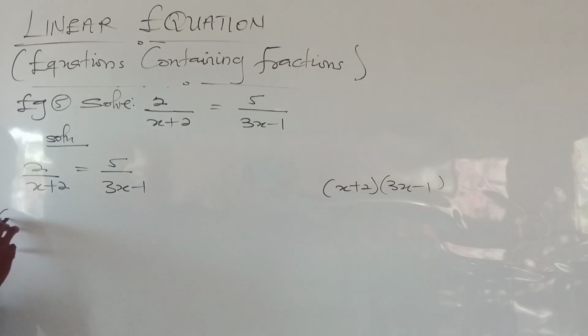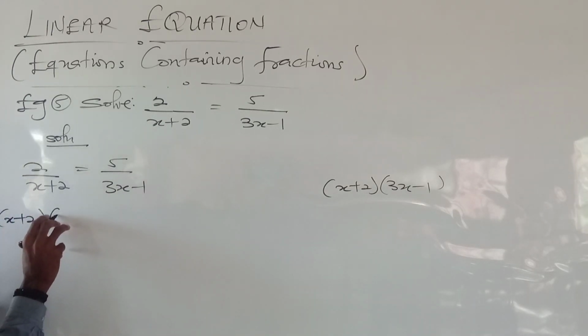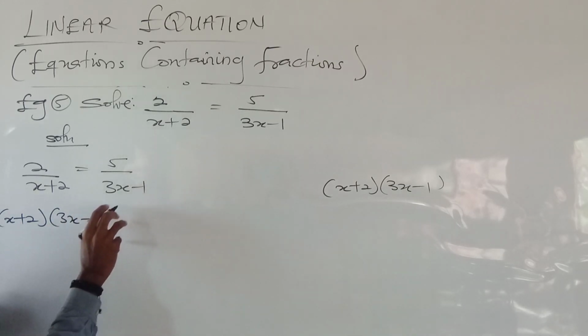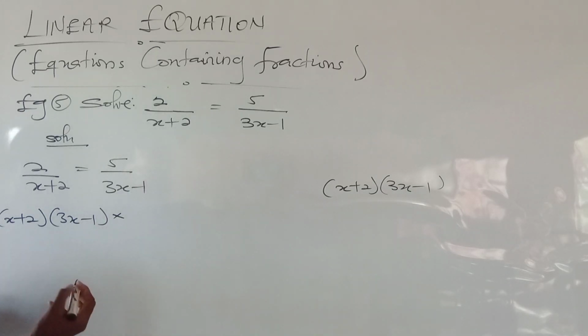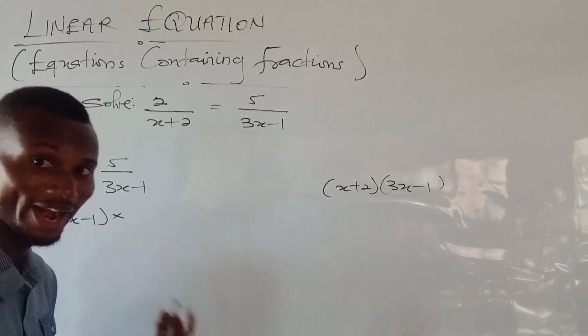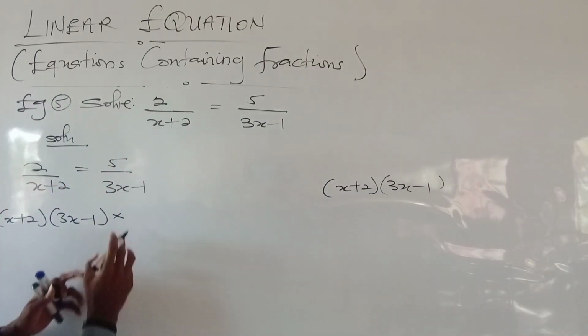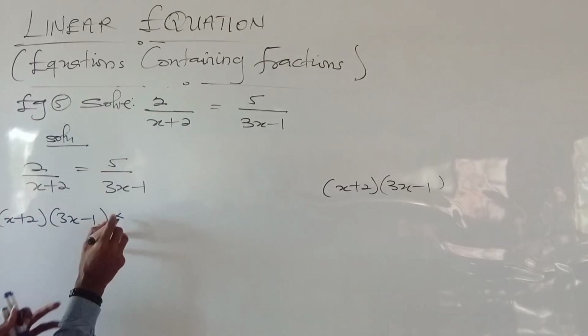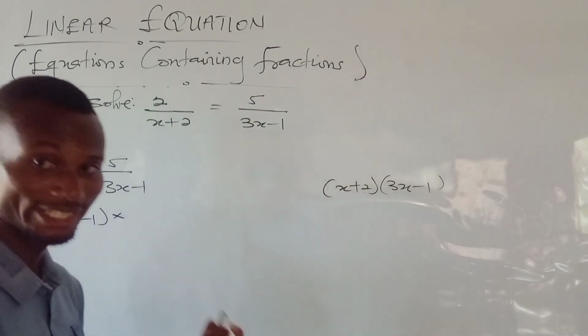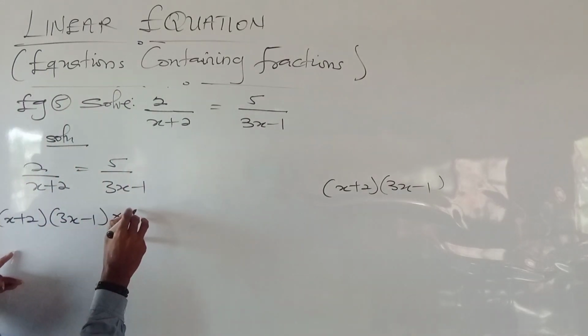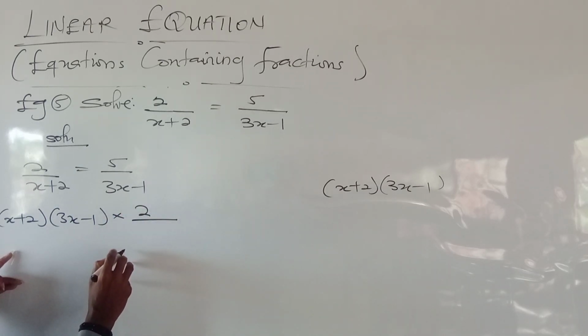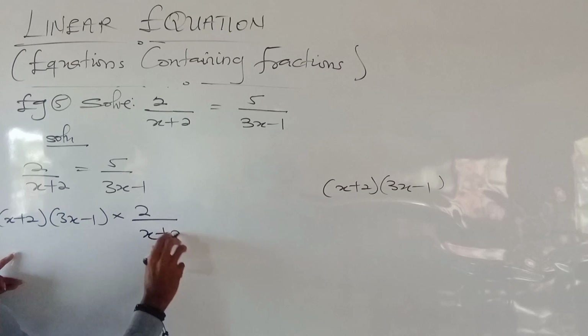So I have s plus 2 into one bracket multiplying 3s minus 1 in another bracket times, now you can choose to bring your multiplication sign like this, times, or you can choose to use a dot. Any of them is correct. Or if you want, you can choose to use the bracket. So any one that you use is correct. Either you use the bracket or the multiplication sign, or you use a dot, which all mean multiplication. It's all the same thing. So times the 2 over, hope you are following, 2 over s plus 2,